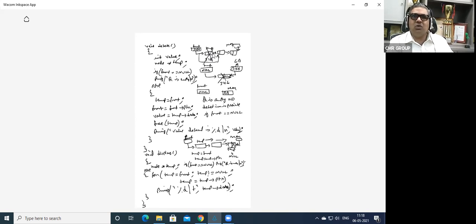How to access it? It is nothing but front arrow ptr. So this front arrow ptr value has to be overwritten in front. So I've written front is equal to front arrow ptr, so that this link is broken. Now front points to the second node, which becomes the first node.